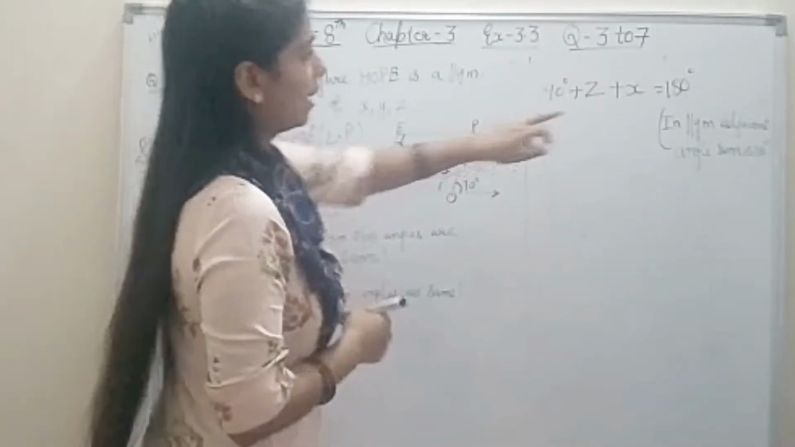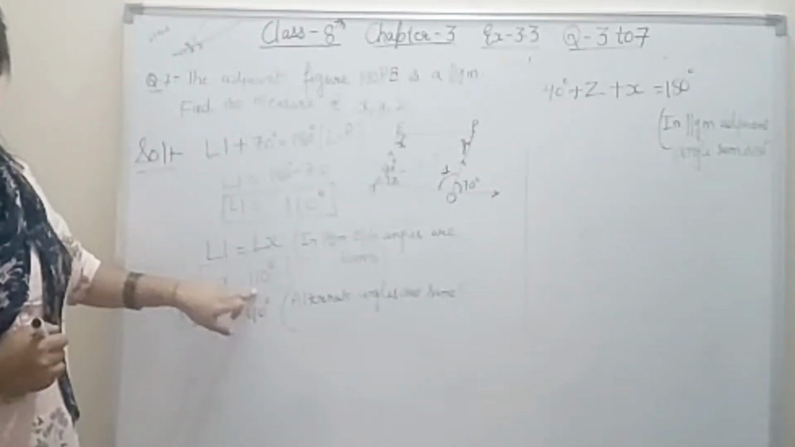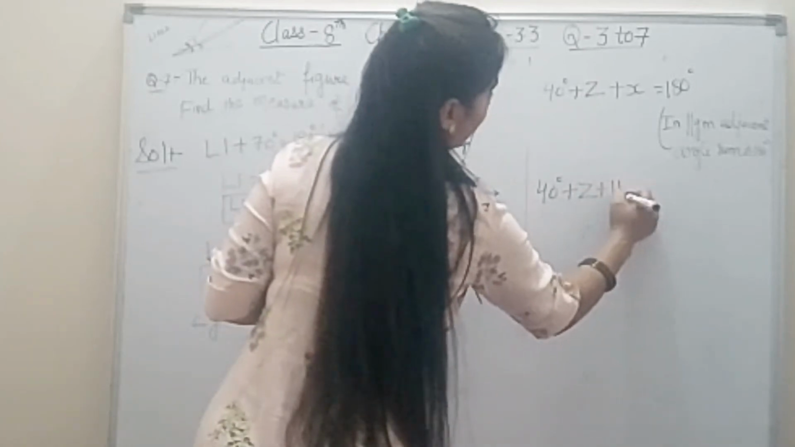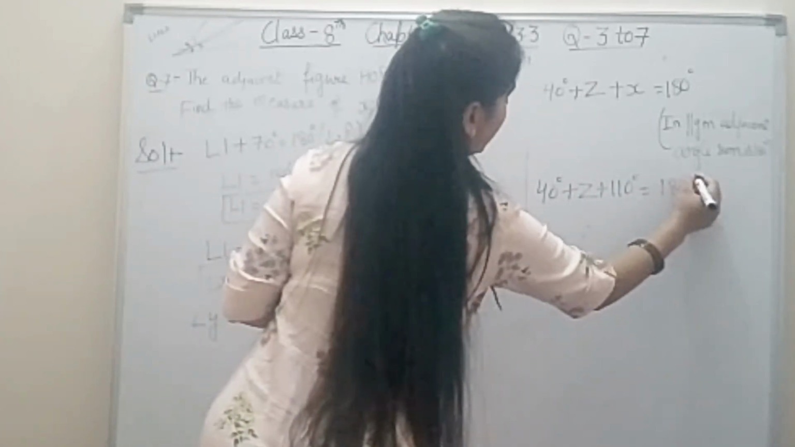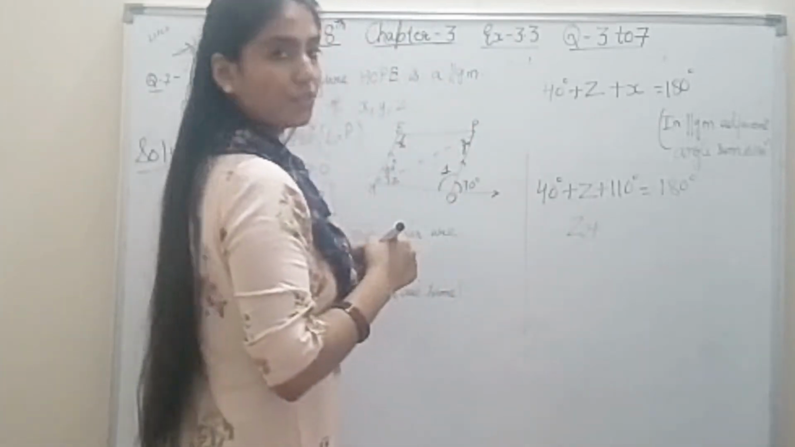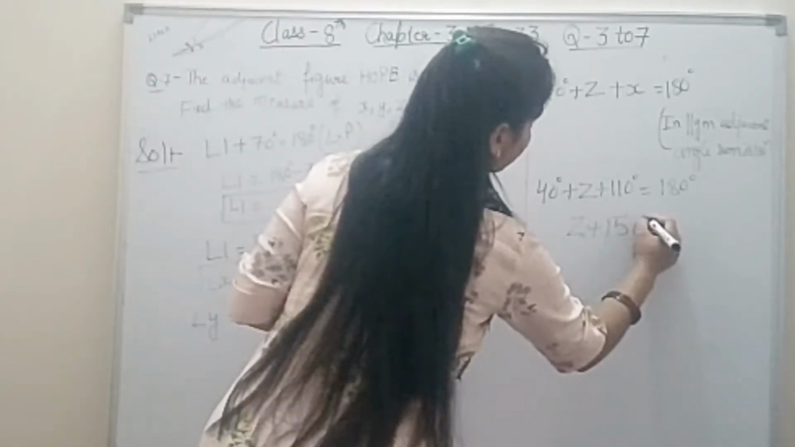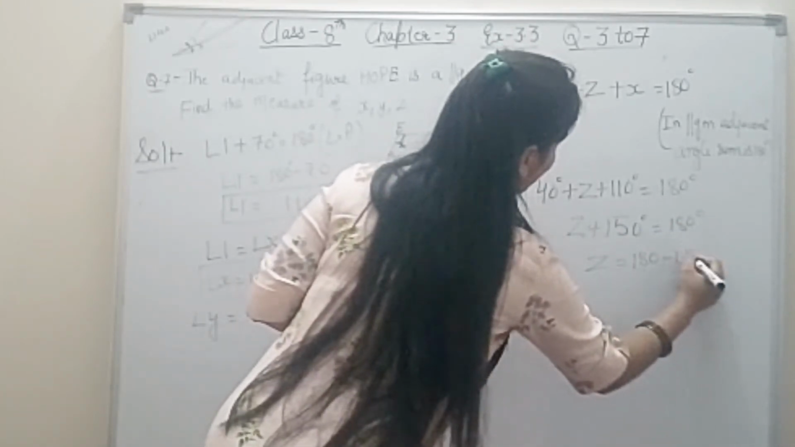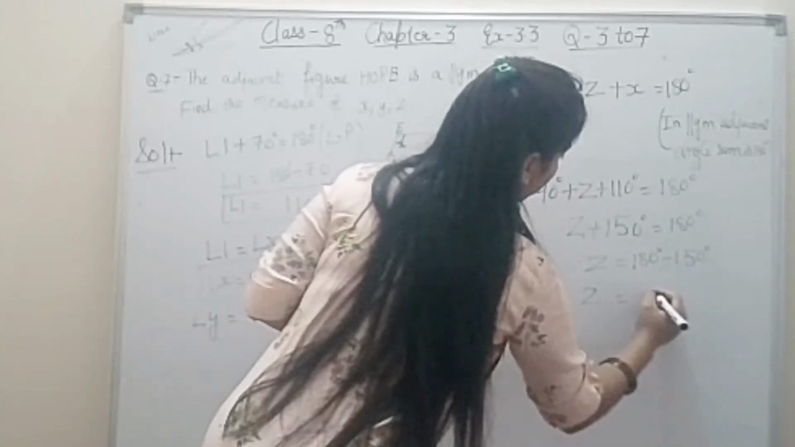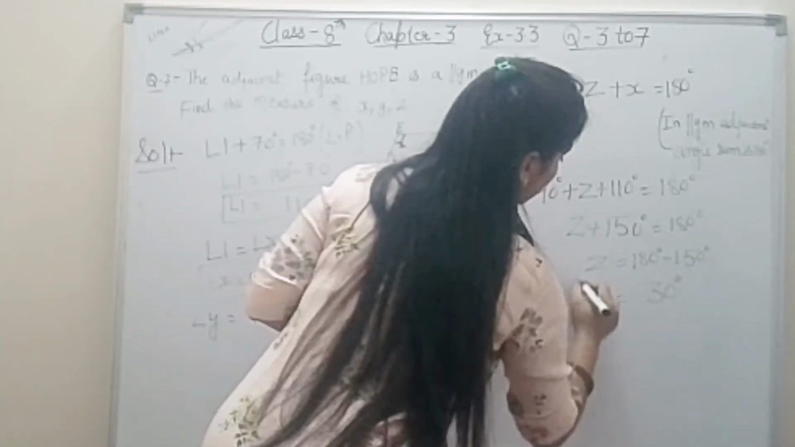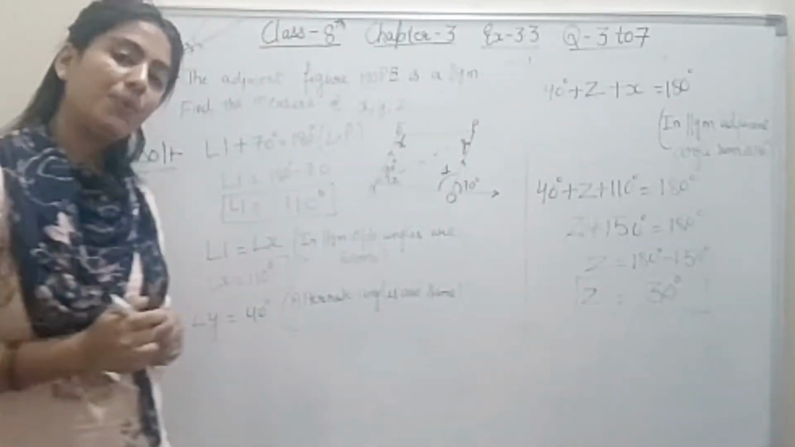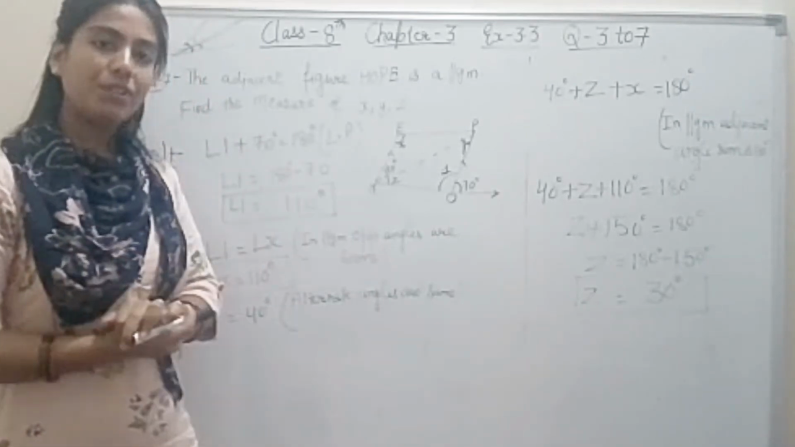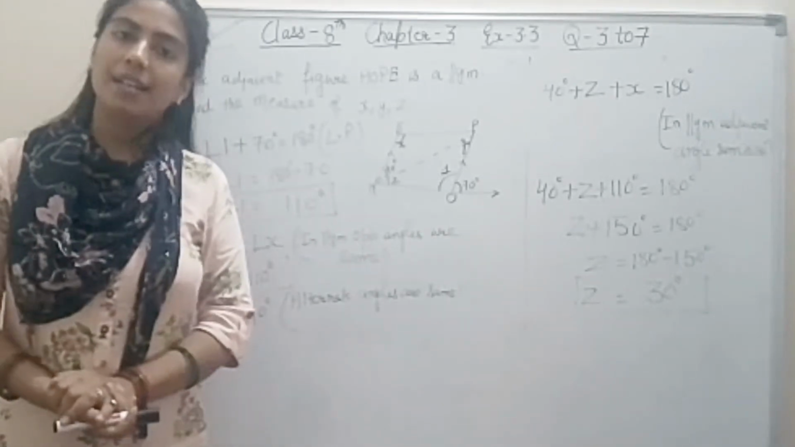Yes, so let's start. We know x value is 110 degree. So write down 40 degree plus z plus 110 degree is equals to 180 degree. So z plus 110 plus 40, 150 degree, equal to 180 degree. So the z value is 180 minus 150, is equals to 30 degree. So easily we found the value of x, y and z. And what property we have used? We have written in the bracket. Right students, this is